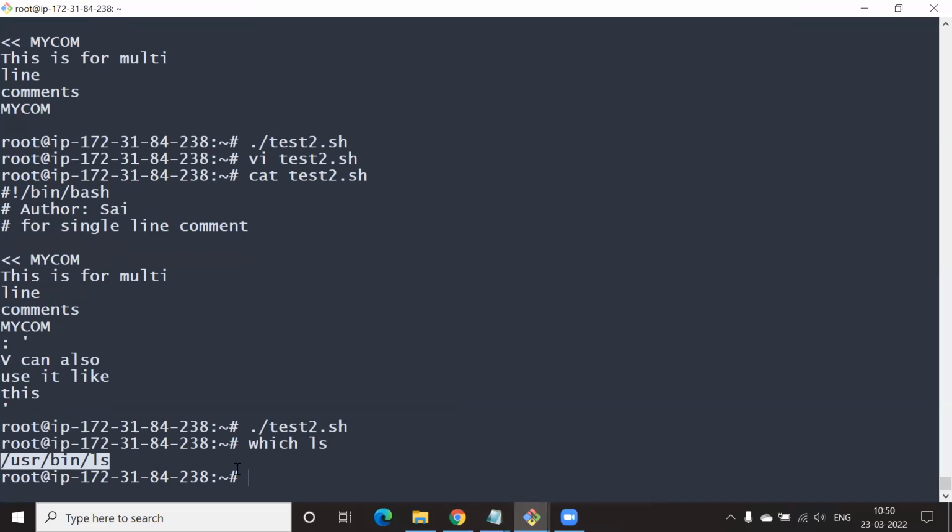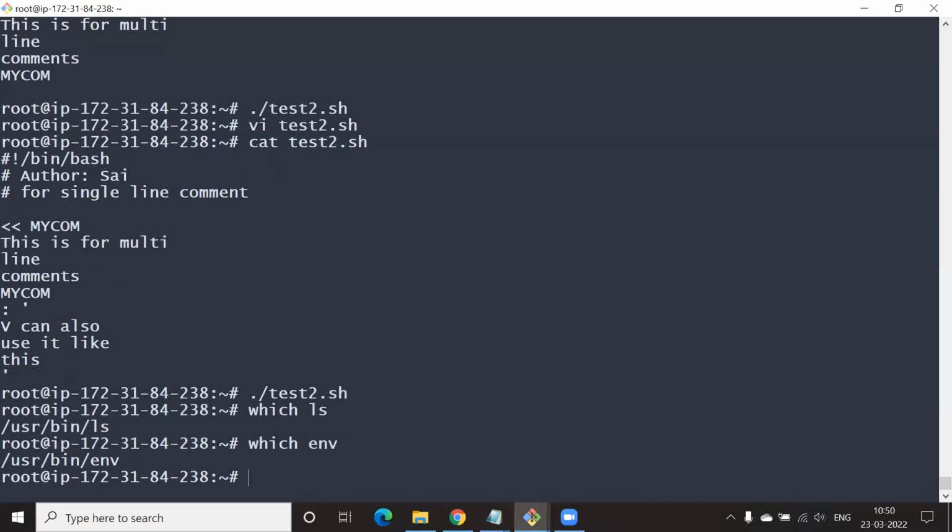Very good. As simple as that. Try typing in which env. So env, like environment, is what it is.